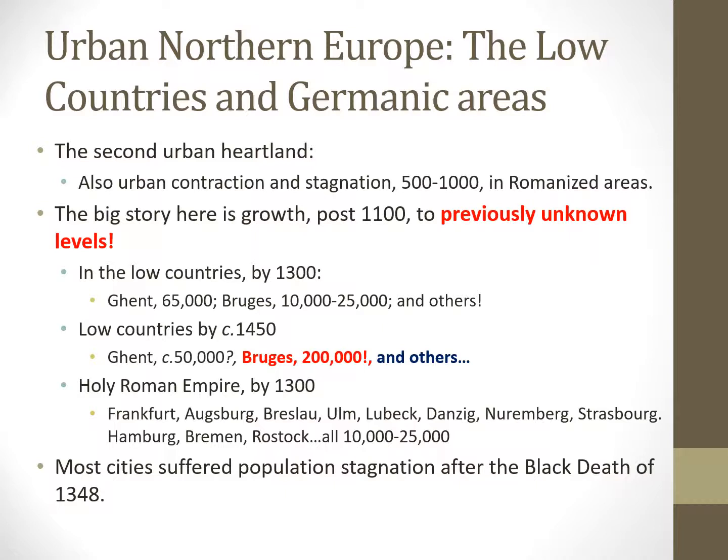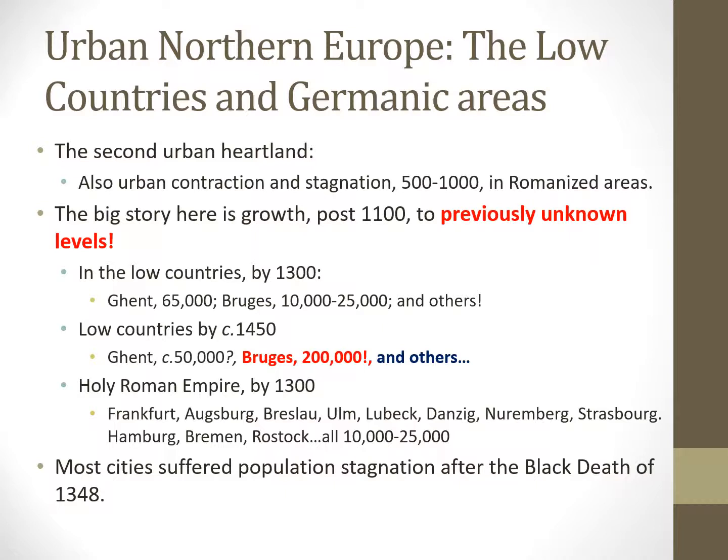There's a kind of urban collapse through what used to be called the Dark Ages, that period up to about 1000. But the big story here in Northern Europe is a combination of recovery after the year 1100 in particular, and also the creation of new towns in areas that were beyond the fringe of the Roman Empire. In the Low Countries by 1300, Ghent is 65,000, Bruges maybe 10 to 25,000,